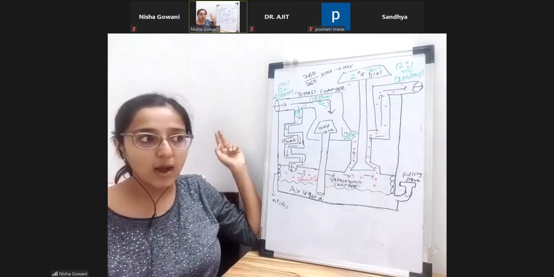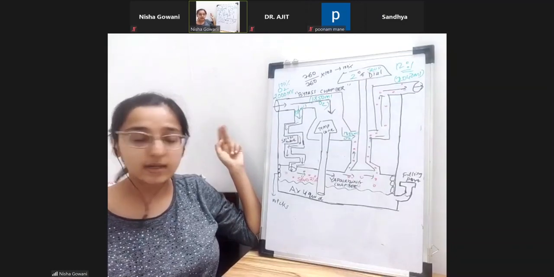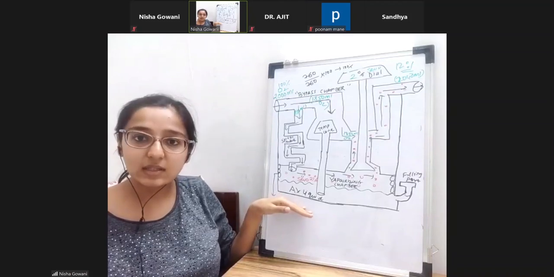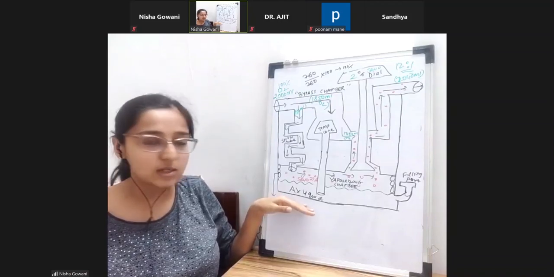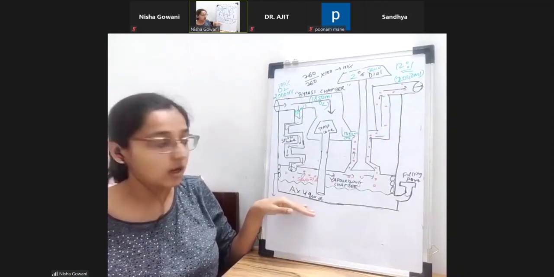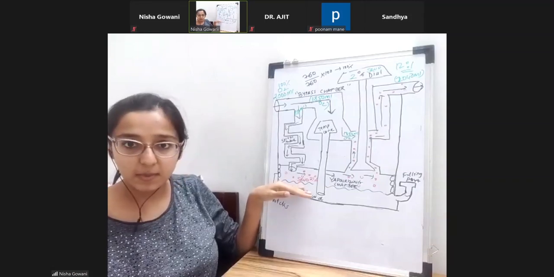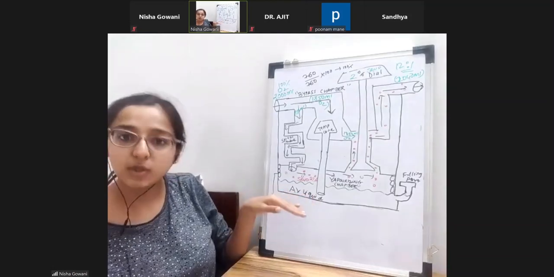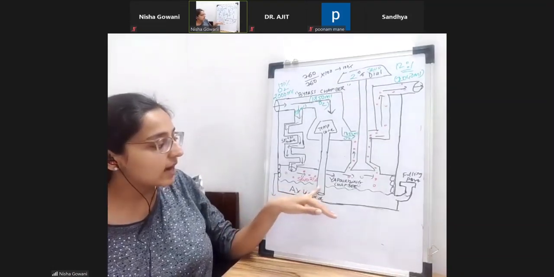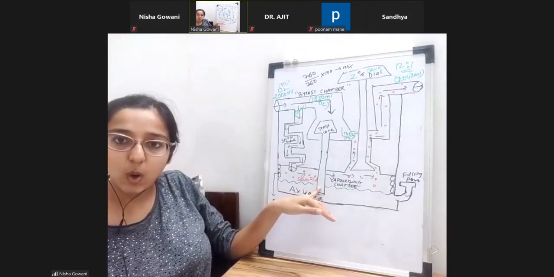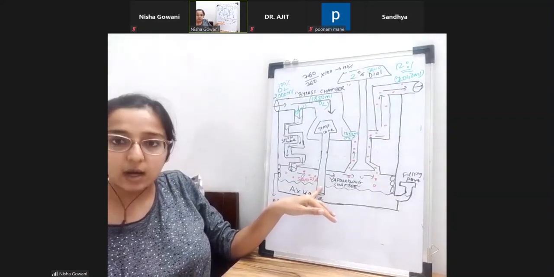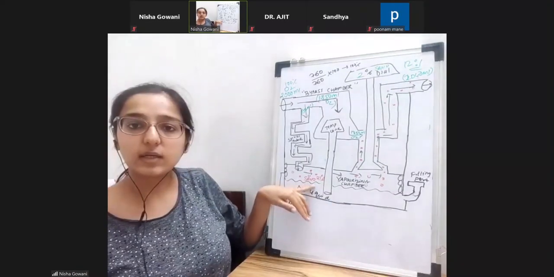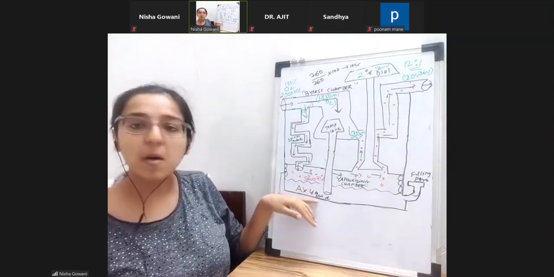Now, why will the temperature fluctuate? As I told you, there is something known as latent heat of vaporization, right? So whenever vaporization occurs, there's going to be cooling of the liquid. So vaporization is going on, and there will be some amount of cooling that will occur. If the cooling occurs and the temperature falls below 20 degrees Celsius, then that is when it's going to be sensed by this temperature cone, right? So there's going to be some amount of cooling over here.